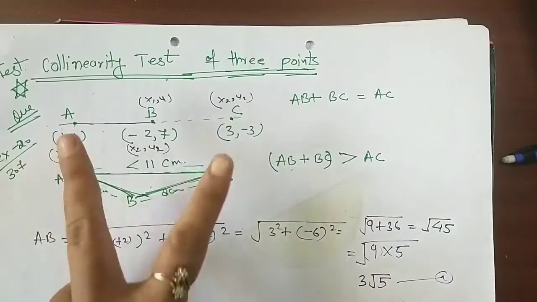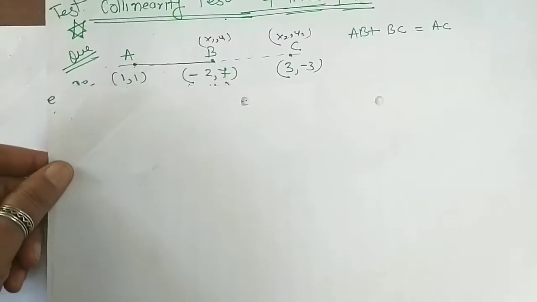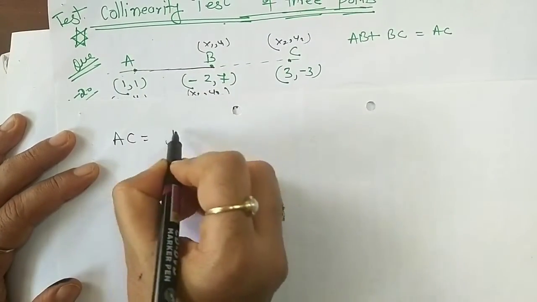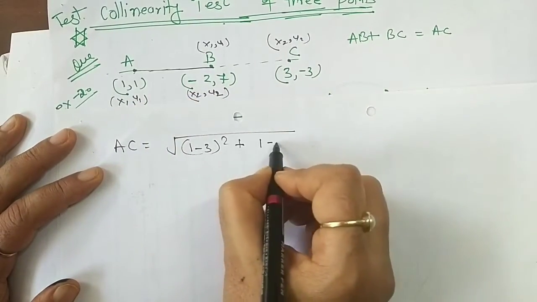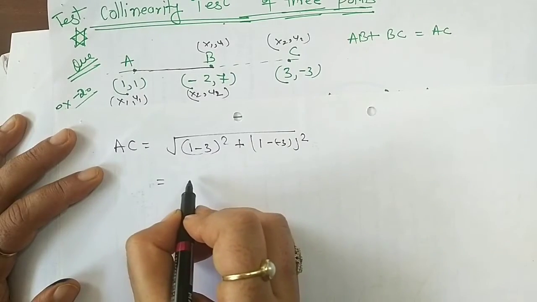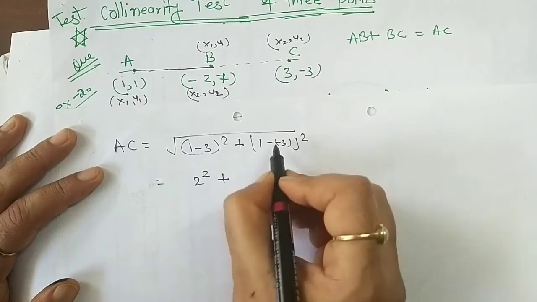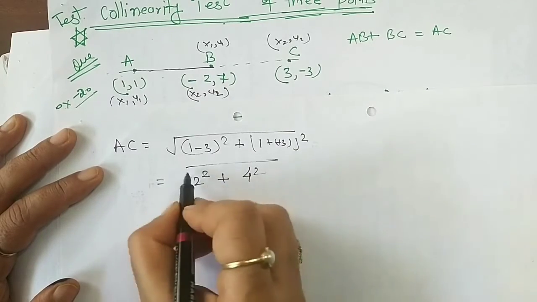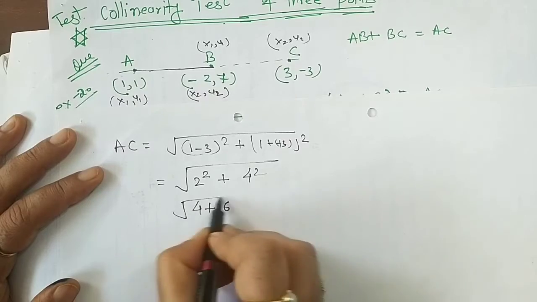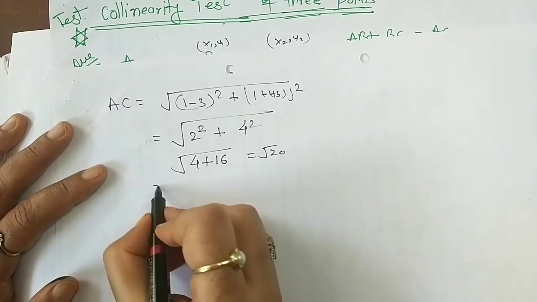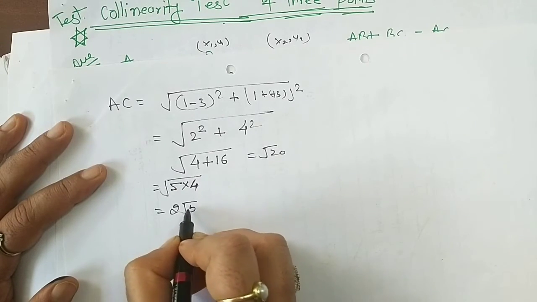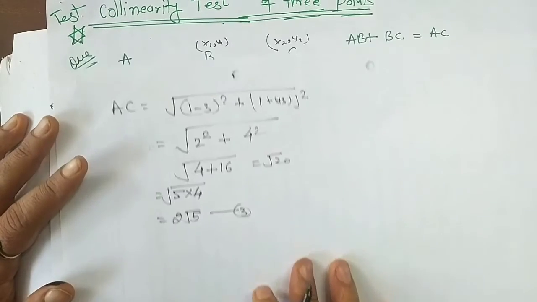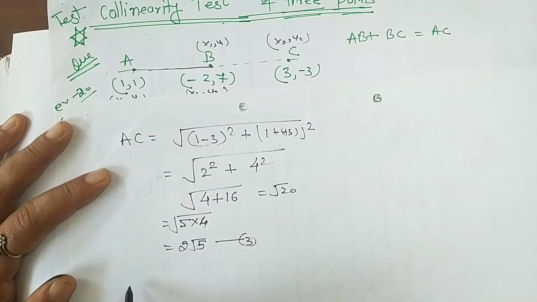Keep it ready. Now I am calculating AC, the distance formula. Using the distance formula, I will calculate AC, guys. So let me see. Root of, this is x1, y1, this is x2, y2. So 1 minus 3 and 1 minus of minus 3 square. What is this? AC. This is 2 square plus this plus. So 4 square under root, which is 4 plus 16, which is root of 20. What is root of 20? Can I write 5 into 4 root? So 4 will come out as 2 root 5. This is my third.